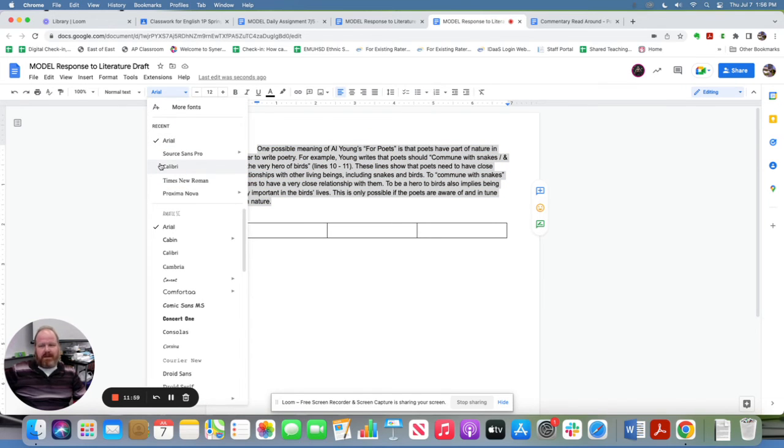Please use only one of the so-called professional fonts like Arial, Calibri. One of these ones at the top here. Any of these are okay. Like, don't use Comic Sans. It's too hard to read. Don't use Corsiva. It's too hard to read. It might look really nice, but it's hard to read. So stick with one of these fonts here. Arial, Times, Calibri, Cambria, any of those would be fine.